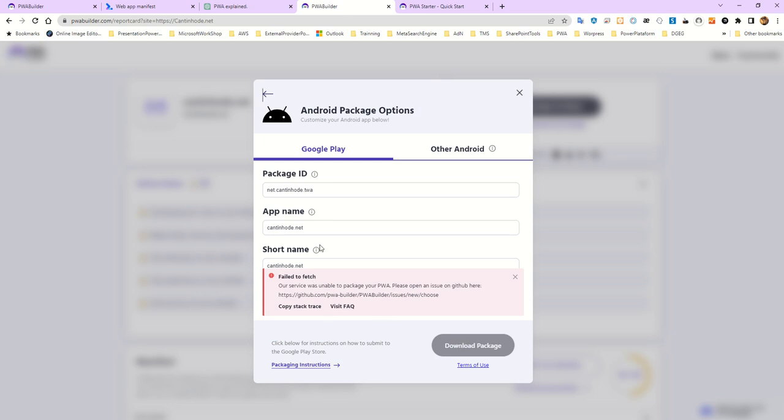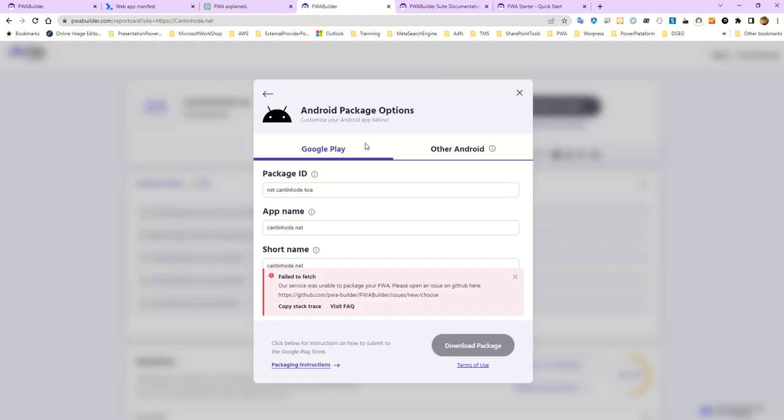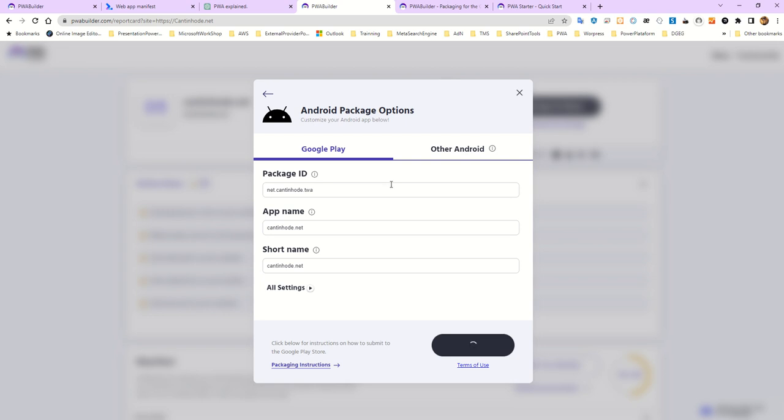After this, the tool gave us a copy trace. Okay, it gave an error. Don't worry. You can generate again, and like I said, not generate but download the package, right? So we will be waiting. Don't forget, sometimes these tools are free, so it's common to have errors or something like that. But meanwhile,